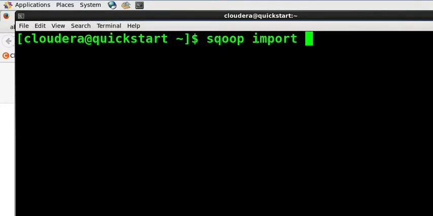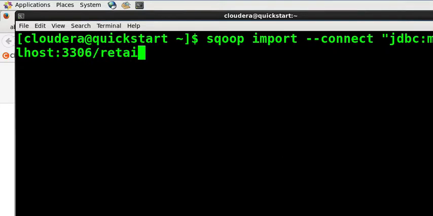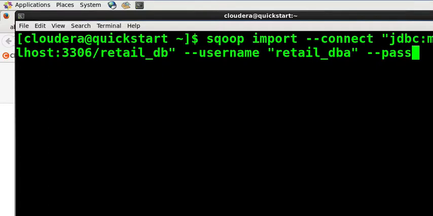import, because you're importing into Hive, minus connect jdbc:mysql://localhost:3306/retail_db. In certifications and all, this is a 100% question. Import data into a particular table. So jdbc localhost and then minus username, give retail_dba, minus password Cloudera